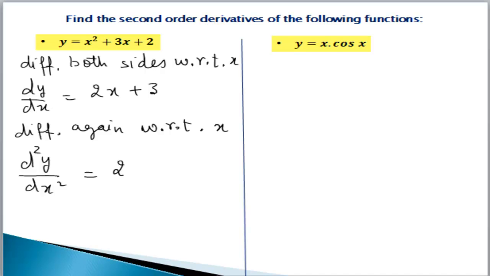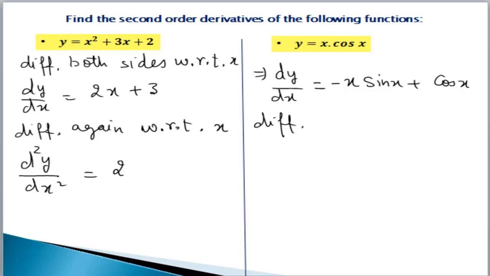Now checking for the next one, if y is x cos x, then we can differentiate it using product rule. So the derivative of y with respect to x, keeping x as it is, derivative of cos x is minus sin x, and then keeping cos x as it is, derivative of x is 1. So this is our first order derivative. Then differentiating again with respect to x,